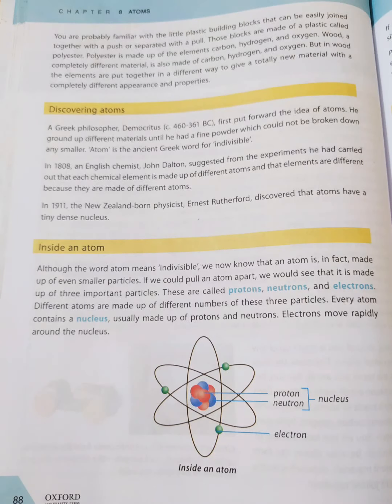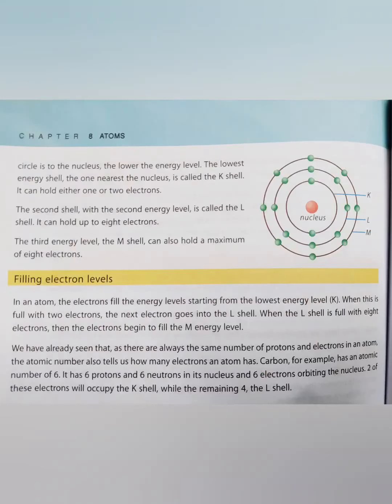You can draw using the same colors in your journals. Neutrons and protons are in nucleus. Electrons are outside the nucleus in orbitals or shells. The first shell is K, second shell is L, third shell is M. Okay, you have to remember these names, symbols and number of protons, neutrons and atomic number.